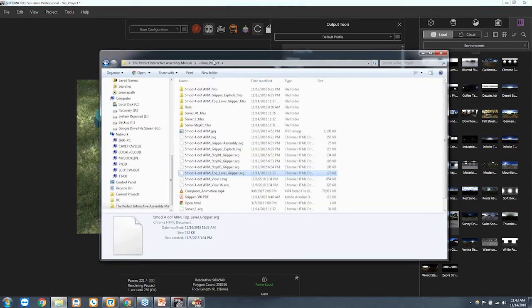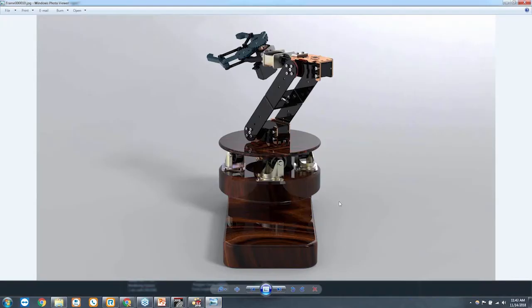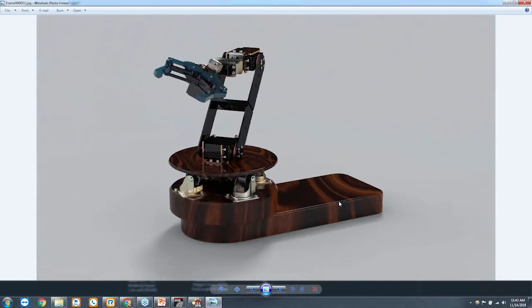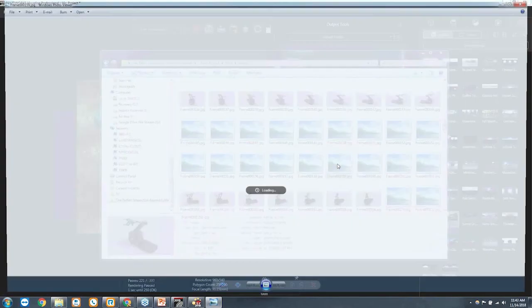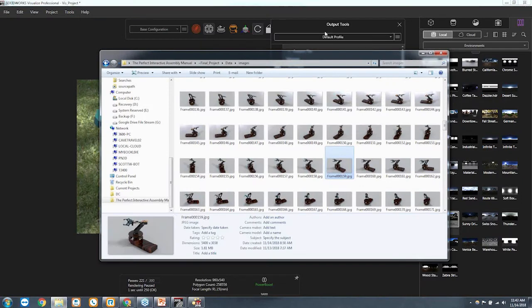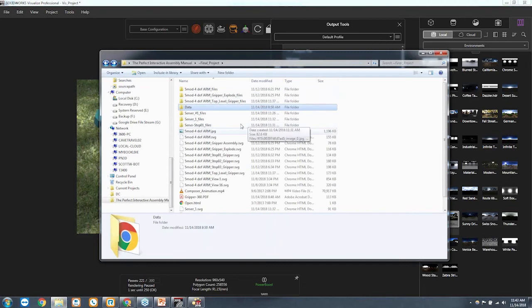And when I go to the images here, you can see the images for the rotation. If I'm just thumbing through the images here, these are just JPEG images, right? But it has to render out each one of these, so that's why it's going to take a little bit longer. This one I did, it took 16 hours to render out. Just gives you a heads up, but so not an incredible amount of time, but it's not 10 minutes to